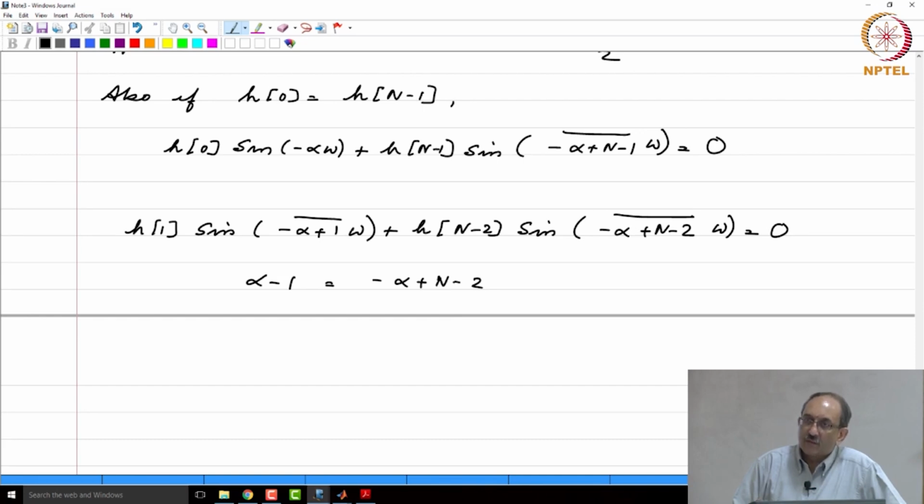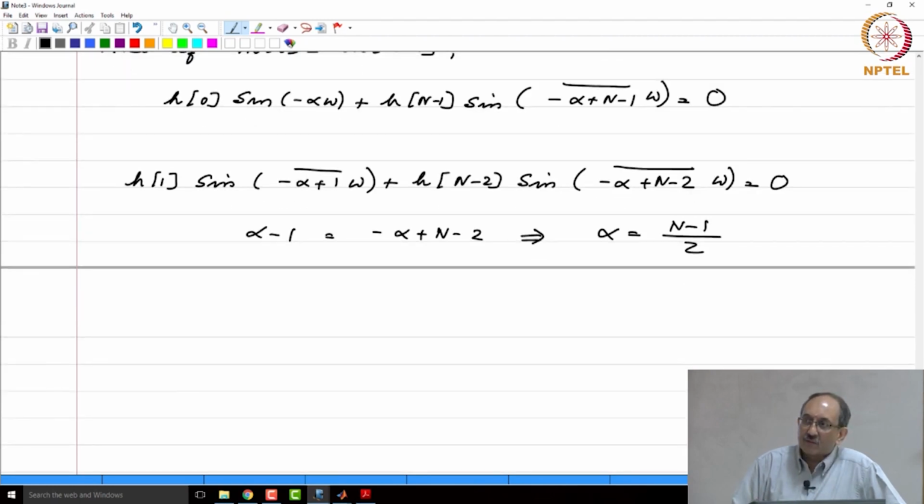Now, this is the most crucial step. So, what does this imply? This implies alpha equals n minus 1 by 2. The person must be heaving a huge sigh of relief. Why is that? Because if alpha were something else, then all these carefully laid plans of mice and men would have gone astray. So, now alpha mercifully turns out to be n minus 1 by 2,